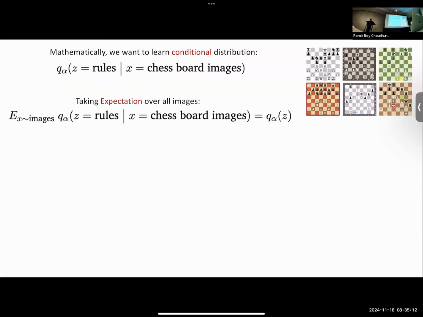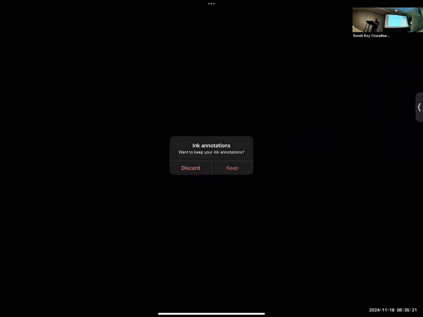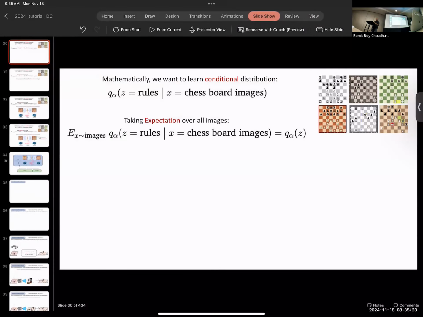Okay. And now, of course, this is for one chessboard image. Oh wow, this is cutting it out. Sorry. We should have changed the resolution. Oh, can you do that? That would be great. I can keep going, but